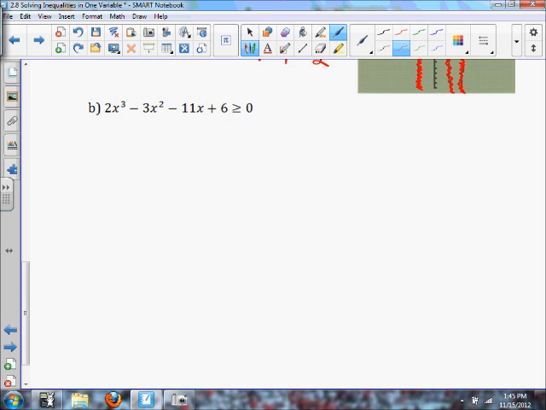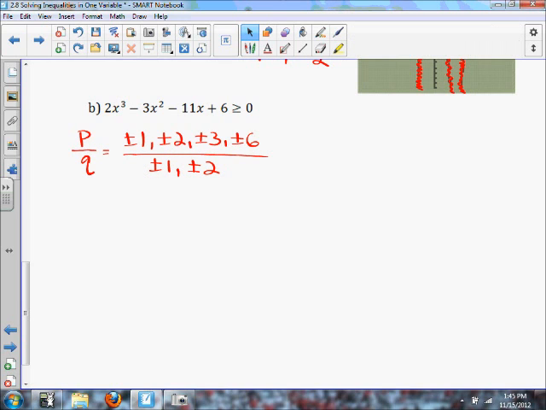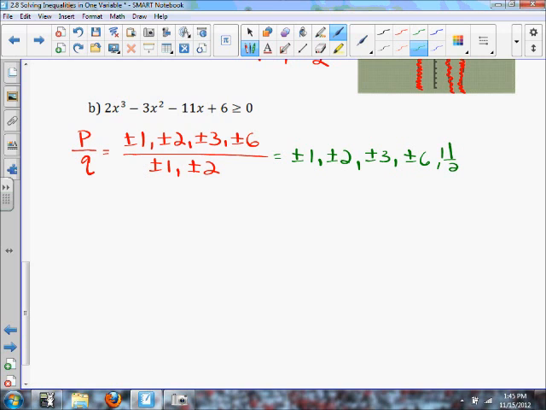Now, we should see in B that our p's over q's will be plus or minus 1, plus or minus 2, plus or minus 3, plus or minus 6, all of that over plus or minus 1, plus or minus 2, which will really simplify to plus or minus 1, 2, 3, 6, 1/2, and 3/2. If we were to graph this,